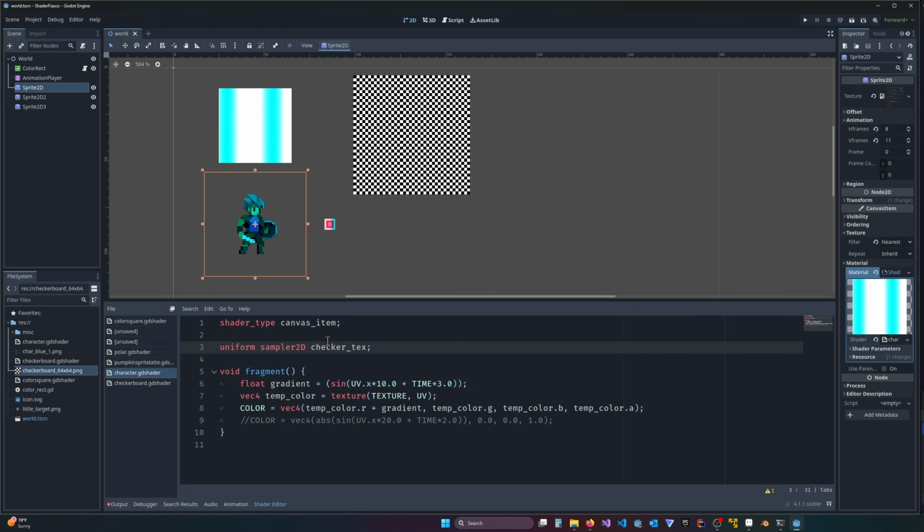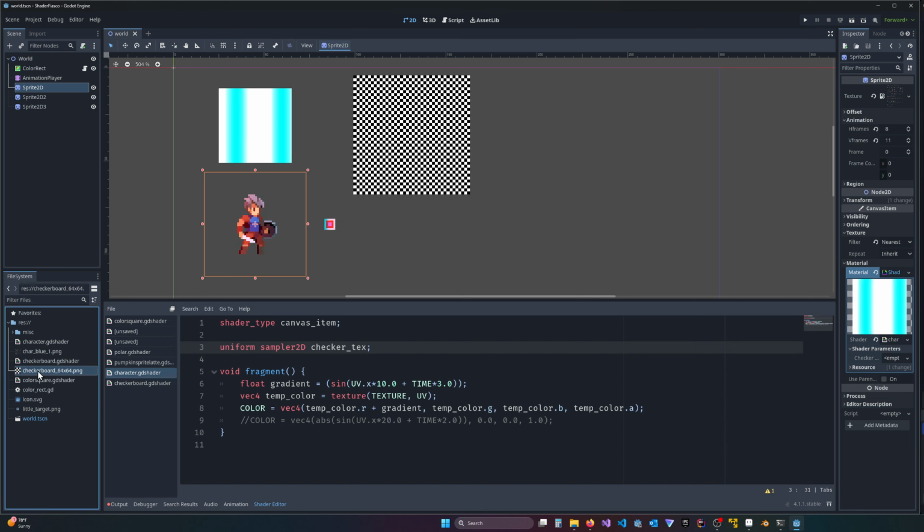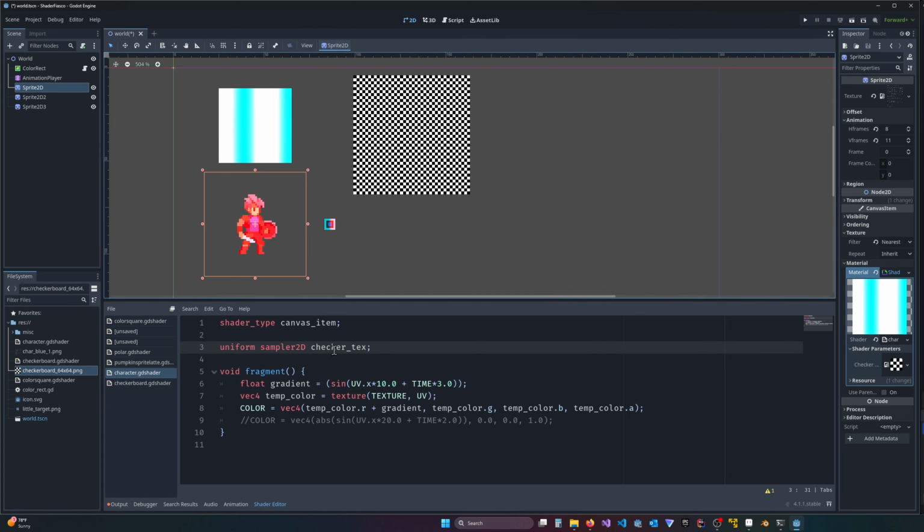And now you can see that a shader parameter popped up, and in it is the checker text variable. But as you can see, it's empty. So we can just come in here and plug in our checker text right into that. And now we have access to our checker text in our character shader. So here's our character shader. And we can convince ourselves by just saying,